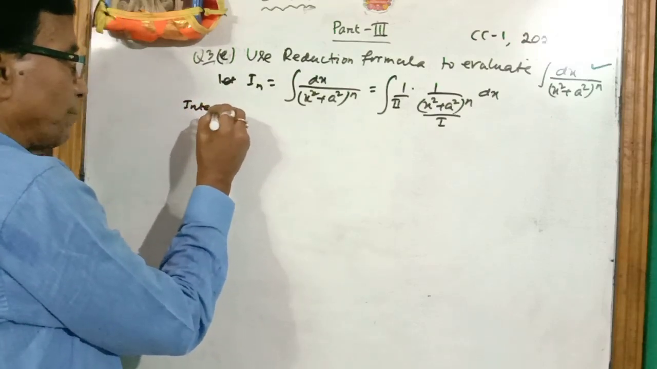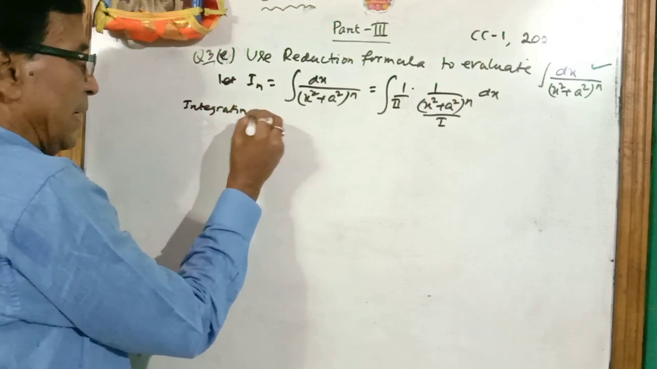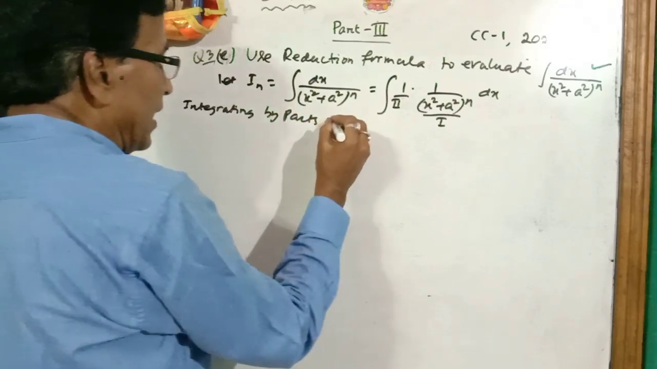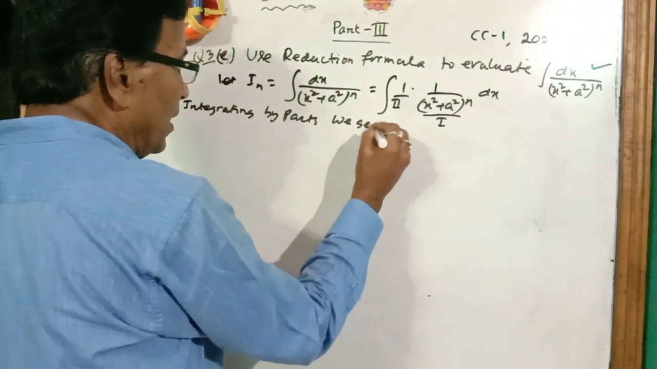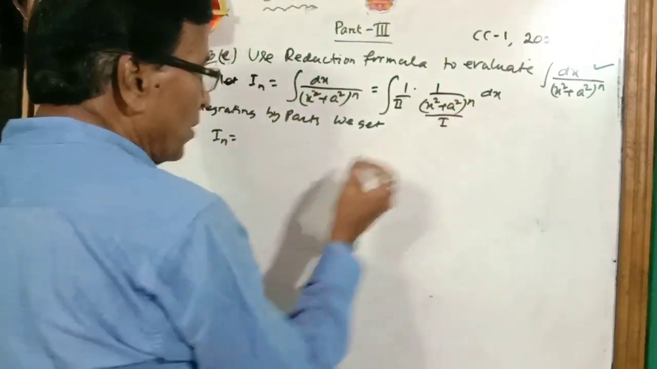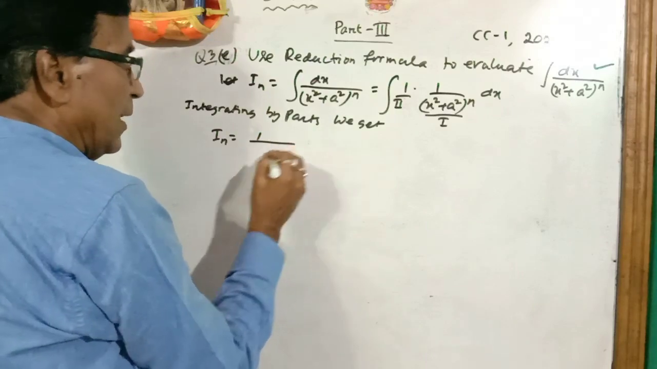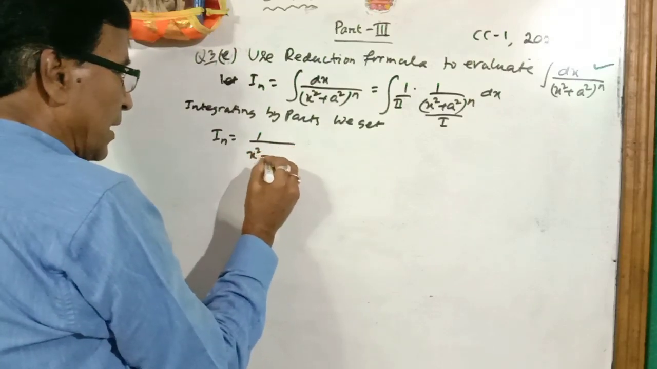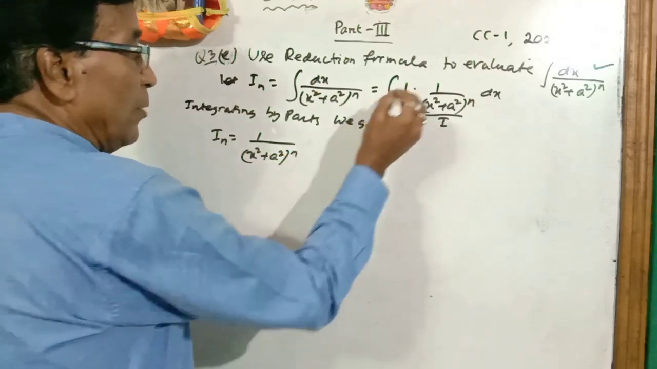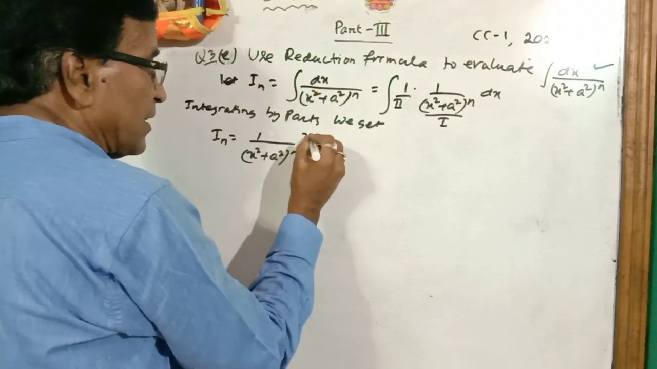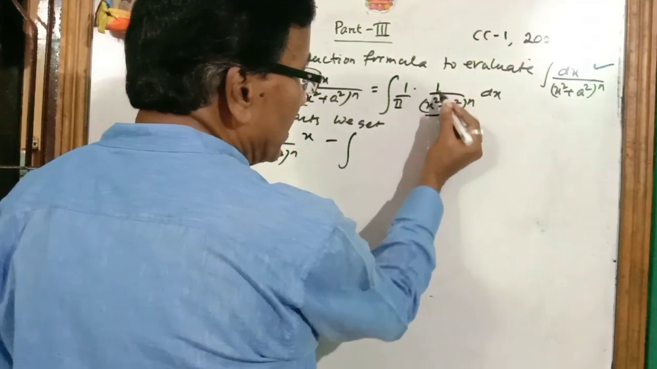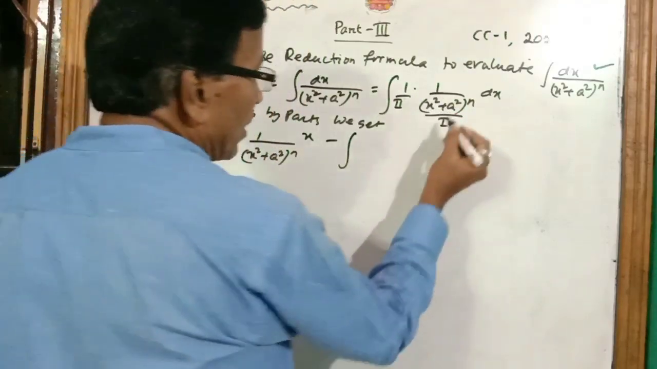Now integrating by parts. Integrating by parts, we get that I subscript n is equal to the first function, 1 by (x square plus a square) whole to the power n, into the integration of 1, that is x, minus the integration of the derivative of the first function,